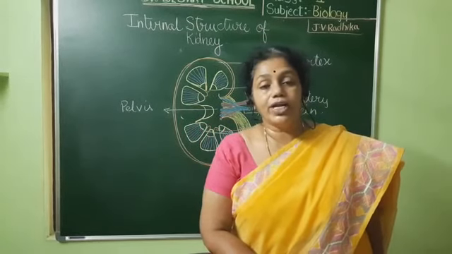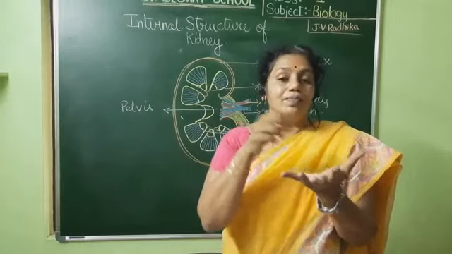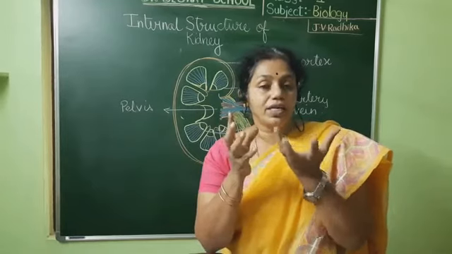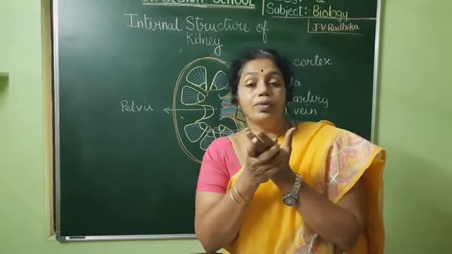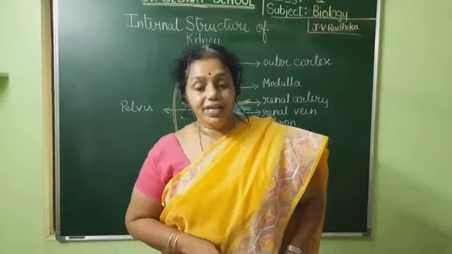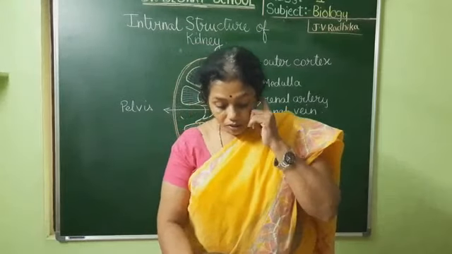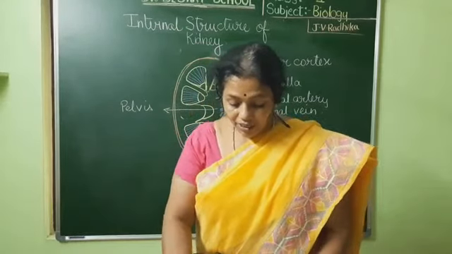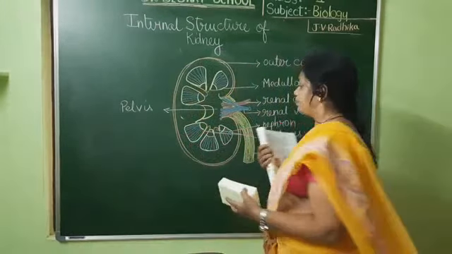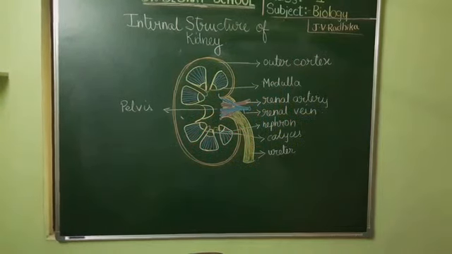The Malpighian body contains a cup-like structure within which a fine network of capillaries is there. That fine network of capillaries is called the glomerulus, and that outer cup-like structure is called the Bowman's capsule. I told that the afferent arteriole will enter and the efferent arteriole will come outside. Now I shall give the diagram of the nephron to you all. Please draw the diagram of the nephron. Hope you all have drawn this one. Just check whether you have drawn or not.